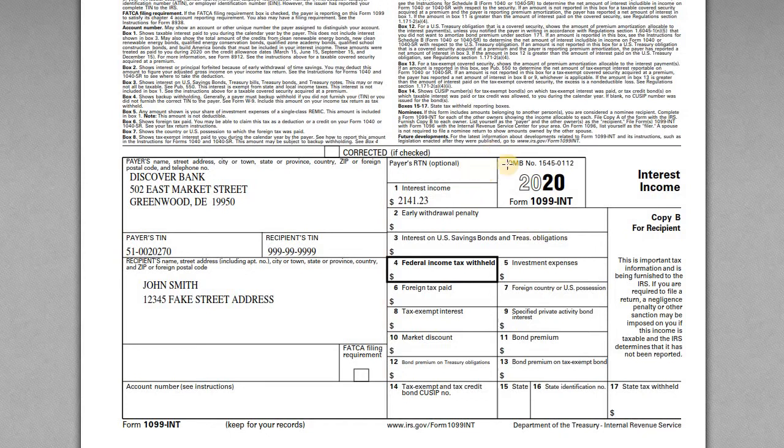So you want to make sure you report this on your tax return, because if you don't, the likelihood is that you will get what's called a matching notice, where the IRS says, hey, we got a 1099 showing you had interest income of $2,100, and we didn't see it reported on your tax return. What's the issue? So if you get a 1099, make sure to report it on your tax return, report it in the correct spot, pay the tax that you will owe, and then you should be all set.